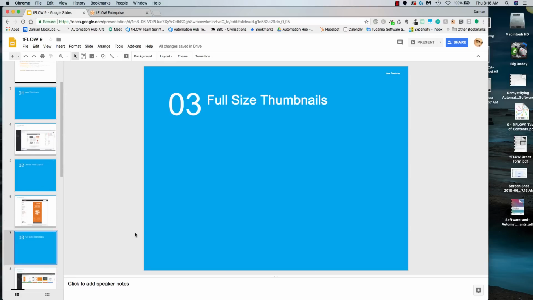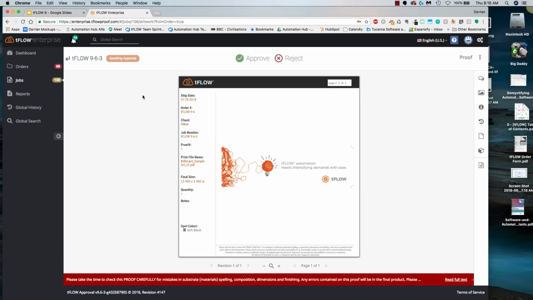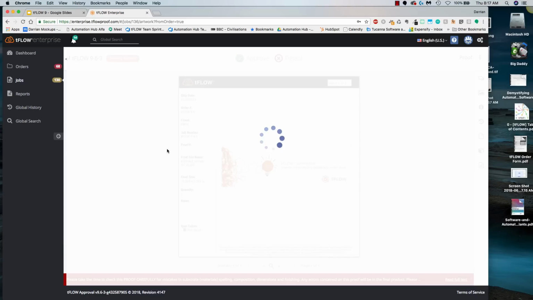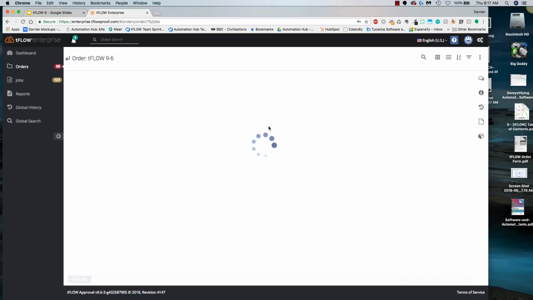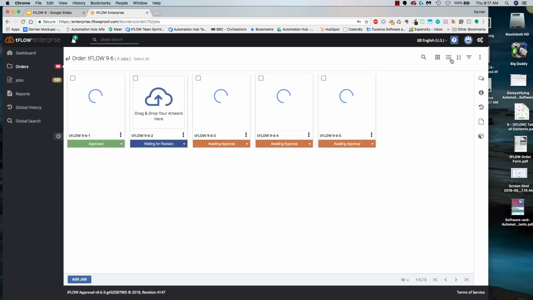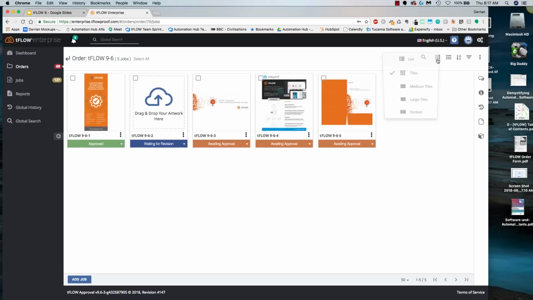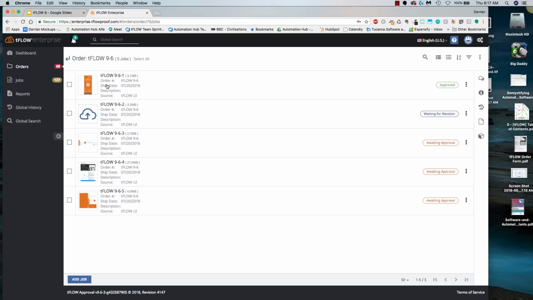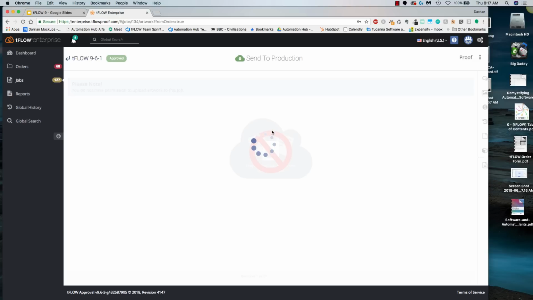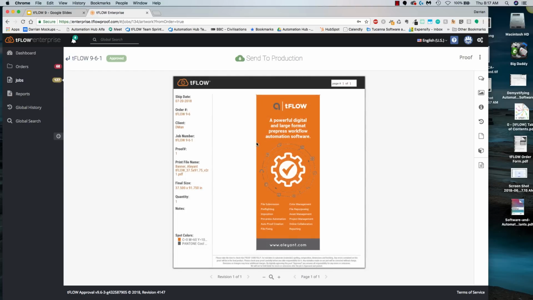And we'll see now also the full-size thumbnails. So if I go ahead and close this job and go back to our thumbnail view here, you'll see that in both the list view as well as the tile view, I have it set here to show me the entire thumbnail. So again, previously it would go to the edge that's the closest. So in the case like this one, as we're looking at here, let's go ahead and open this. So the preview would be generated previously from